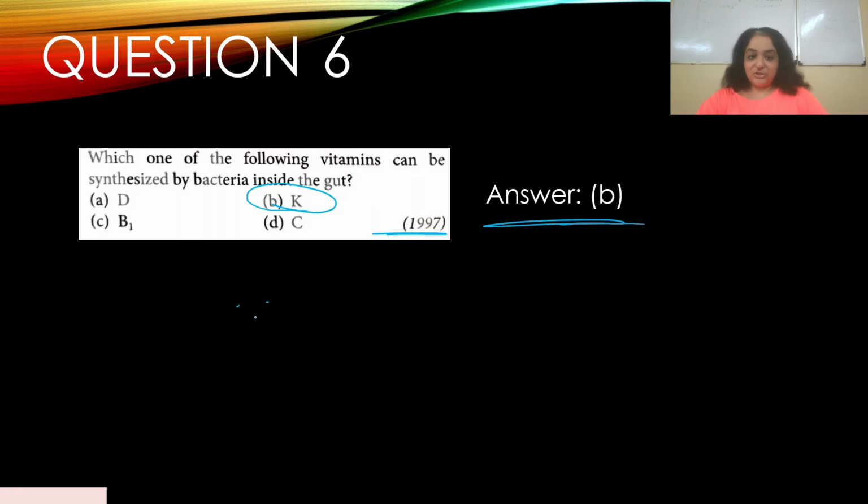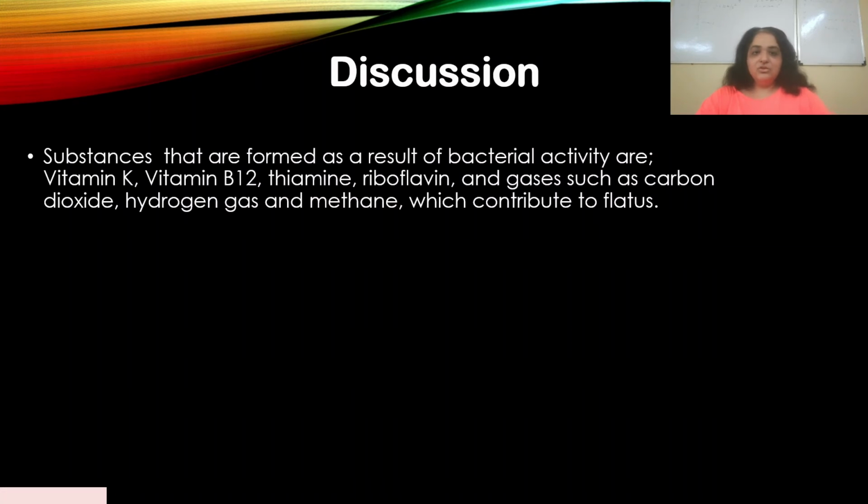This is a good question actually. Please note down the discussion. In our gut there is bacteria present. There are substances that are formed as a result of bacterial activity. Now what are these substances? Please make a note of this in your books. There's vitamin K that is formed, as we've already discussed. There's vitamin B12, there's thiamine, there's riboflavin, and gases such as carbon dioxide, hydrogen gas,